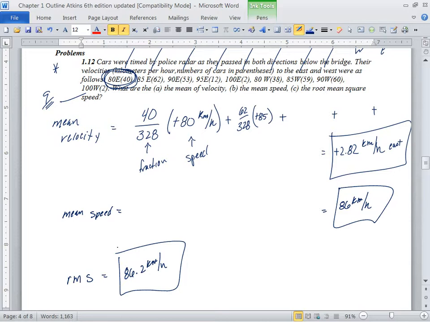And the root mean square speed, you're doing the exact same thing, except you're just squaring the speeds now. Oh, and don't forget to take the square root of the whole mess. It doesn't really matter because you're squaring it, so the sign goes away. Oh, no, for this part, for the mean velocity, yeah, you have to have the sign because velocity gives a direction.